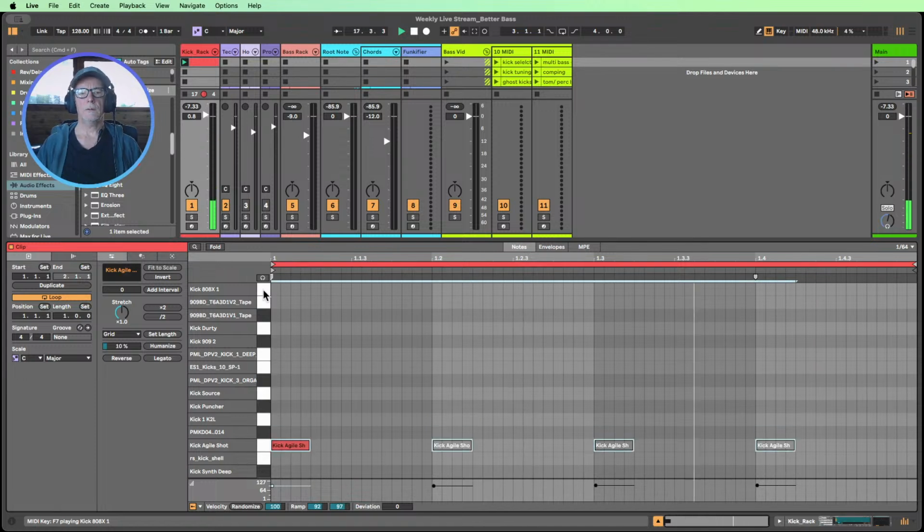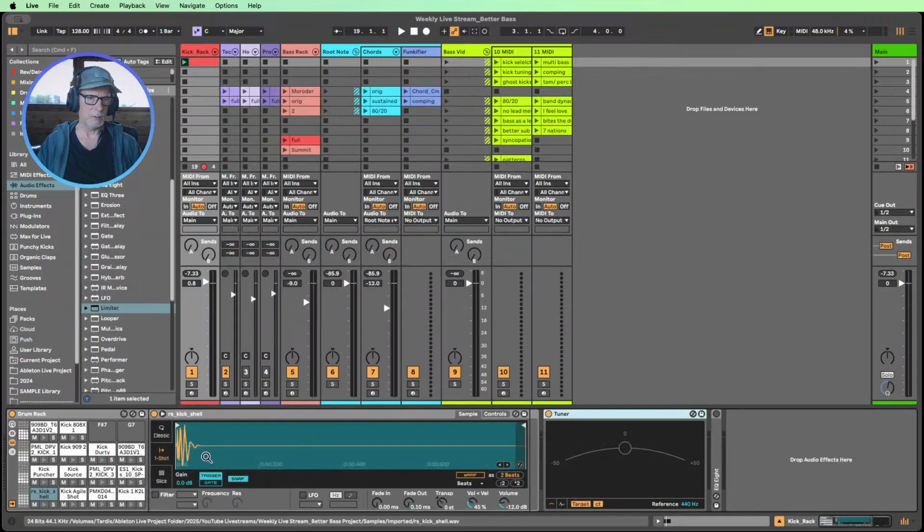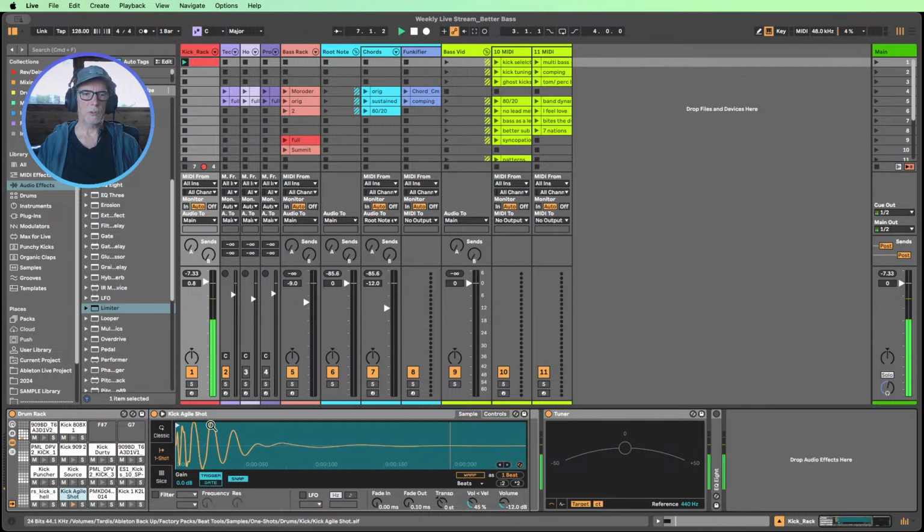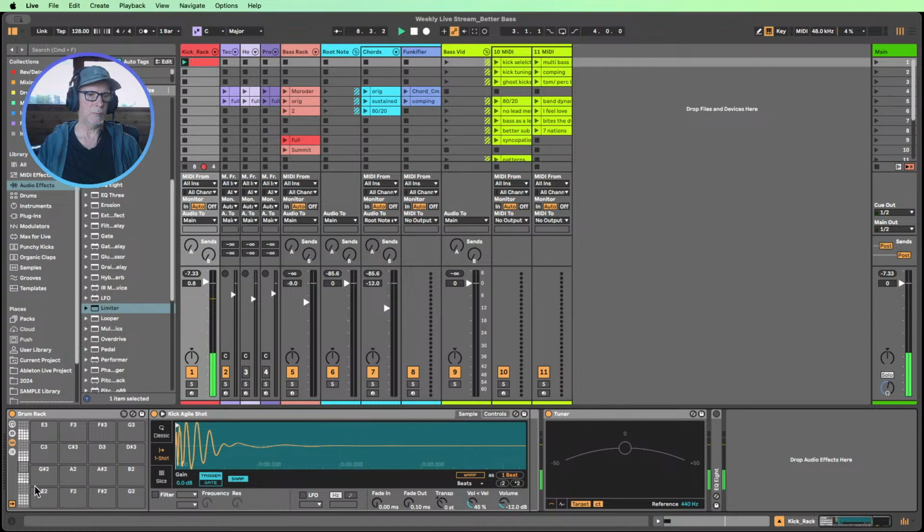So if you choose that, you're going to give yourself a different conversation between those short, punchy kicks that are very tight, and the bass line. And if we were to go, this is the kick agile shot. If we pop into the rack and we find that kick, so let's just push play so we can see it pop up on the pads. So where is it? It's over here, this one here. And if we bring it into the view here, you can kind of see the envelope of it, the transient. It's quite a short kick versus if we come right down to some of the punchier ones or longer ones we listened to earlier, you can see they're much longer, right?